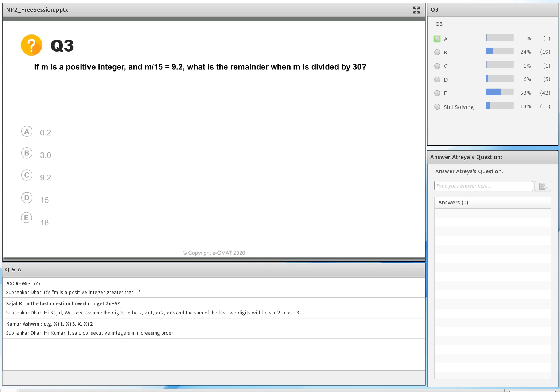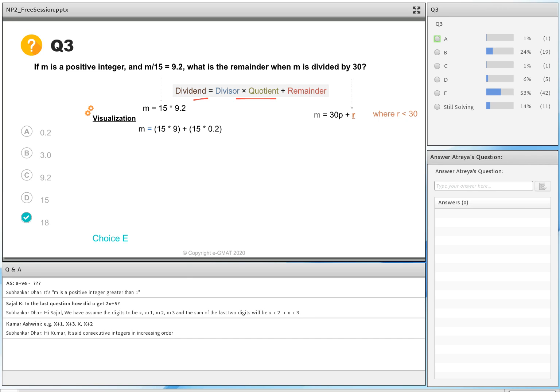And let's go solve this question. Now, I've already broadcasted the results, and 53% of you tell me that the answer for this question is choice E, which is absolutely the correct answer choice for this question. Now, to solve this question as well, we'll apply the same formula, which is dividend is equal to divisor times quotient plus remainder. In the first part of this question stem, I have m equal to 9.2 times